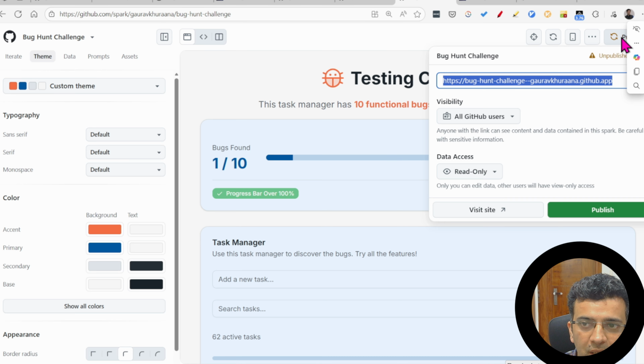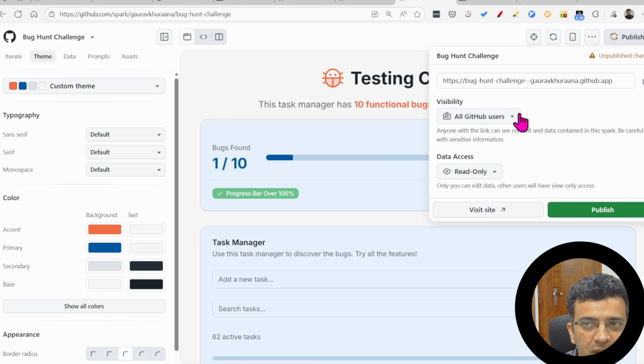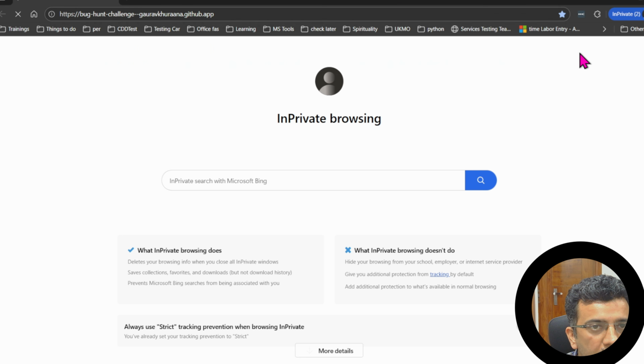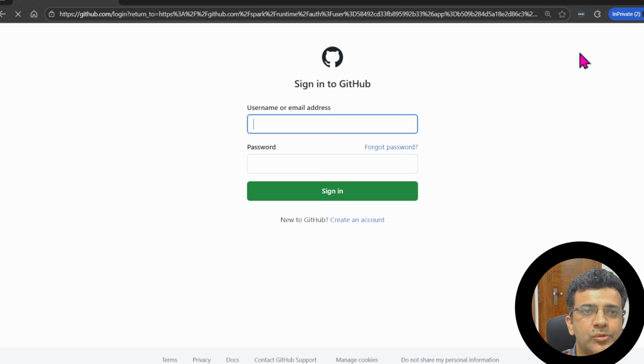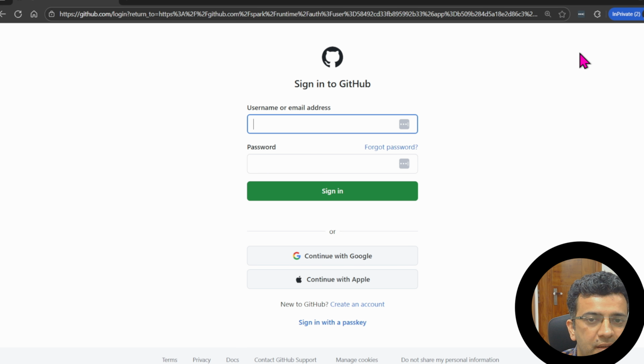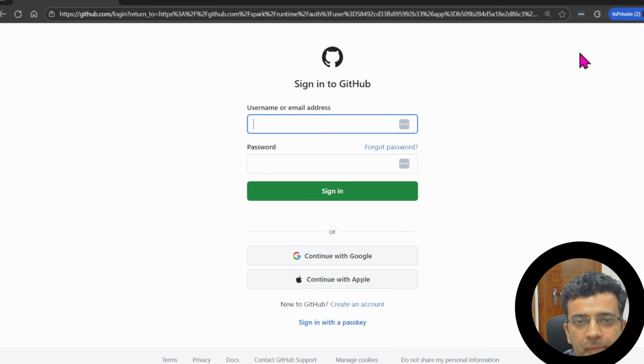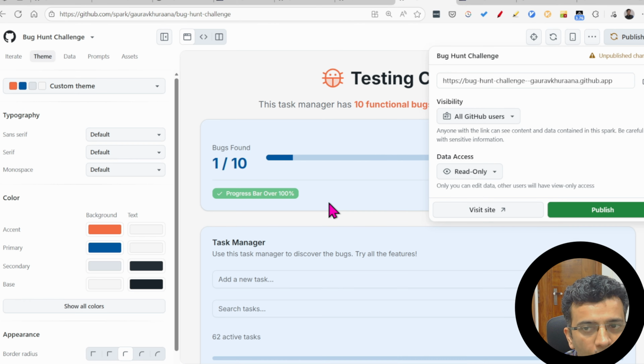Now the problem we have is that, as you see here, it is available for all GitHub users. If I try to open it here, a person needs to have a GitHub account. Let's say I created a small app for people to calculate their ITR or do some calculations which can help my family members or track something, a small app which can help people learn something. They have to log in with this, and I want to avoid that sign in with GitHub.